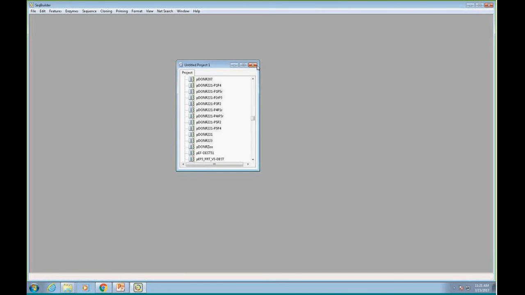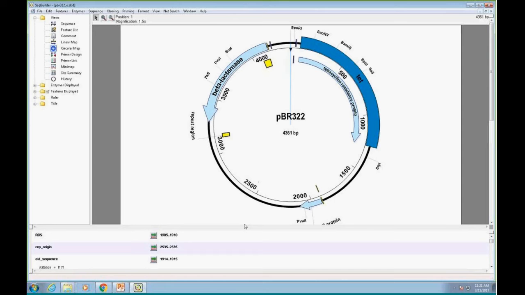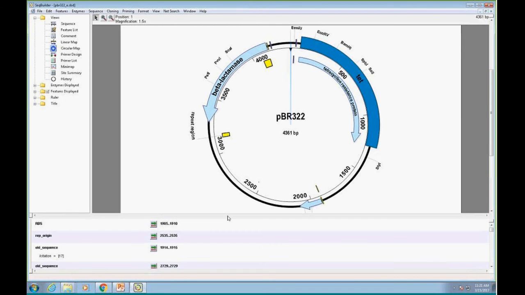Now I'm going to show a little bit different functionality. I'm going to open an annotated sequence. In this case, we'll do a PBR322 that's in a SeqBuilder format. So this is an annotated sequence already. I have a circular map here with some features on it, and something that's really common with vectors, especially when you download a file from a vendor, is that those annotations are either incomplete or not accurate. We know that because we've gone through the list that we get from vendors, and as we start to curate them for our cloning functionality,